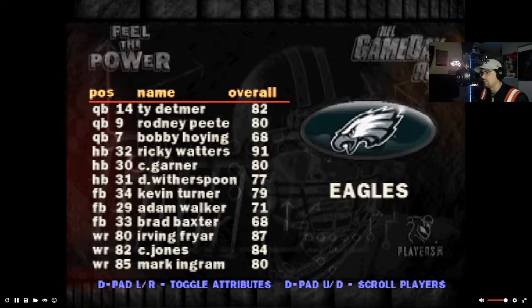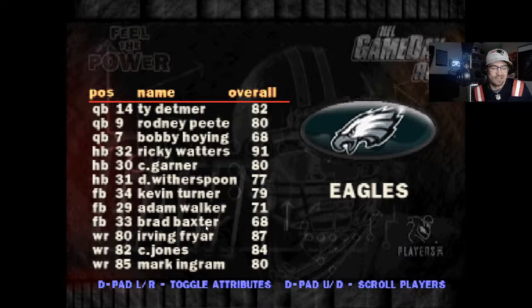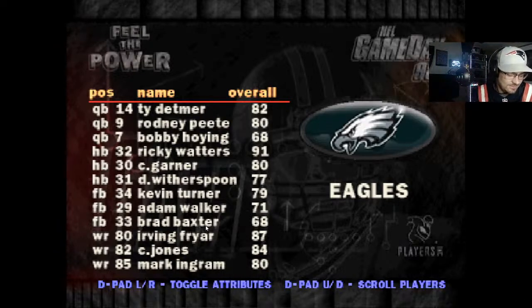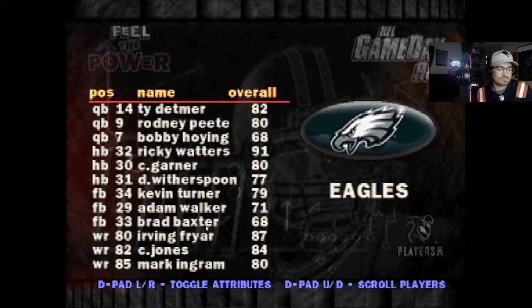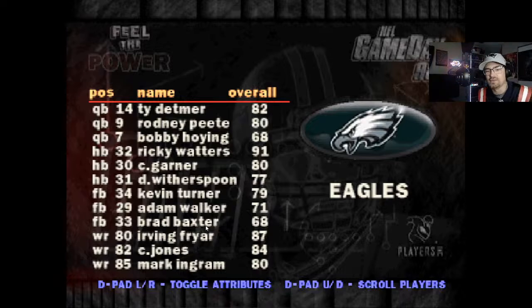Alright, so Philadelphia Eagles. Let's take a look at the Philadelphia Eagles, shall we? By the way, that Cowboys team went 6-10 and did not make the playoffs, which is crazy to me. They must have been dealing with some serious injuries. That Miami Dolphins team did make the playoffs. They were 9-7 that year. They were the only other team to make the playoffs from the AFC East.